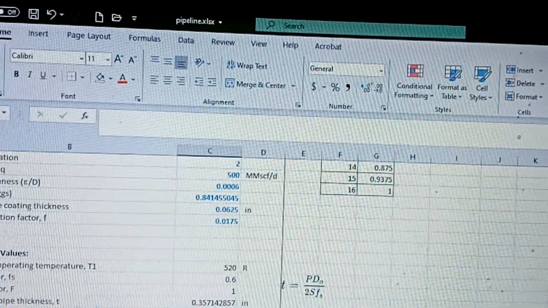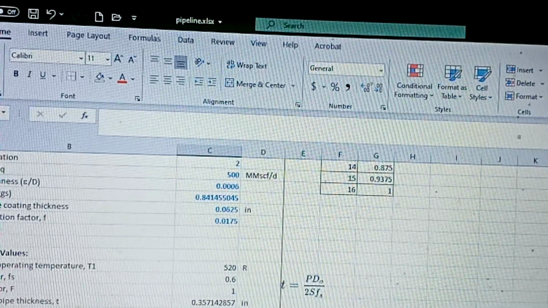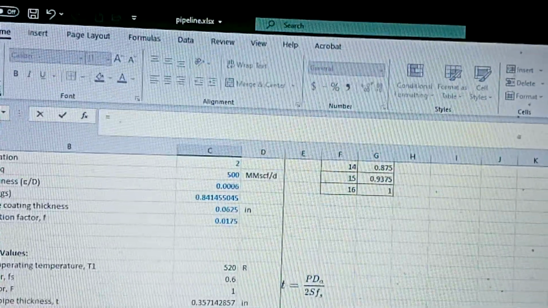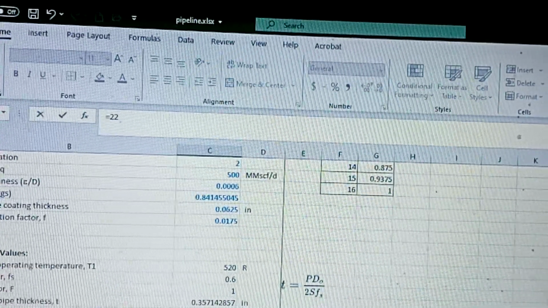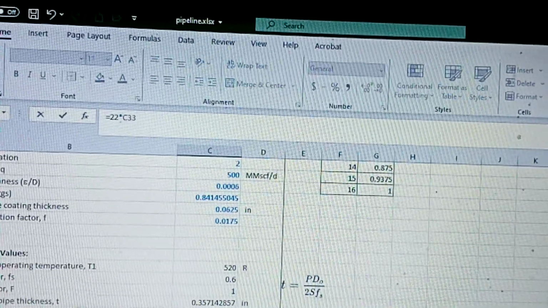That's what I will need to find my BHP, the brake horsepower. So equals 22 multiplied by compression ratio, which is this,